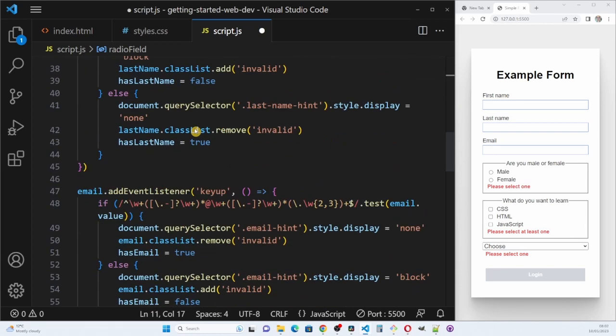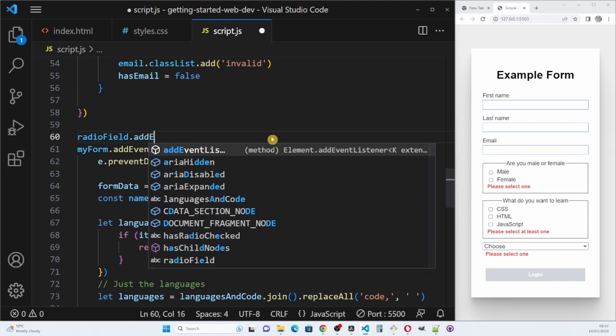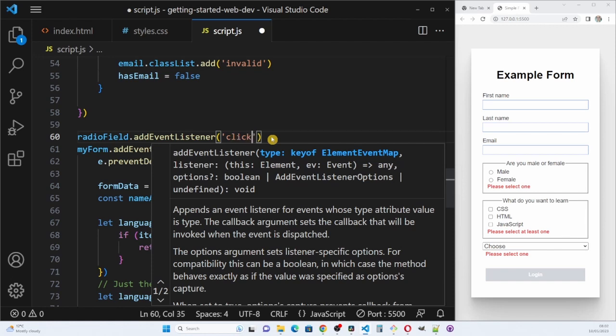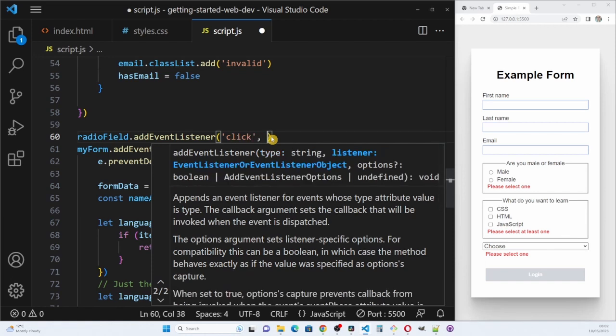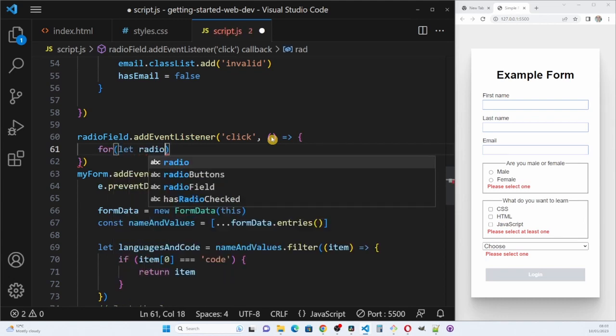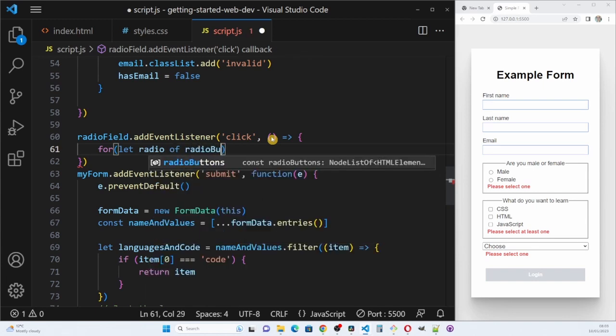Right. radioField.addEventListener click, create the function. For let radio of radio buttons